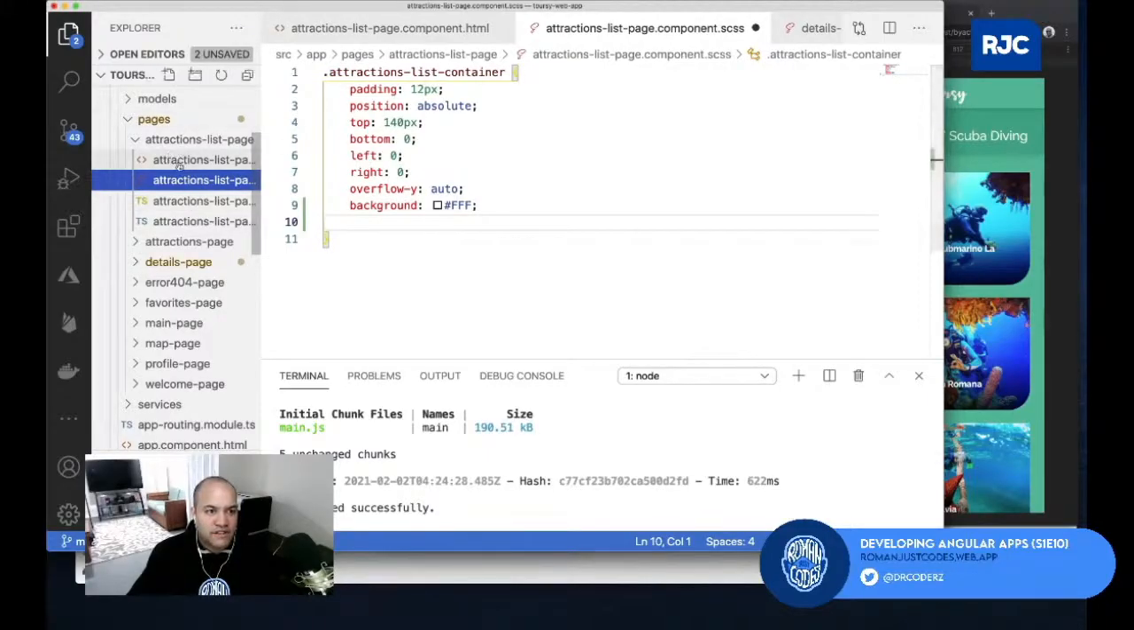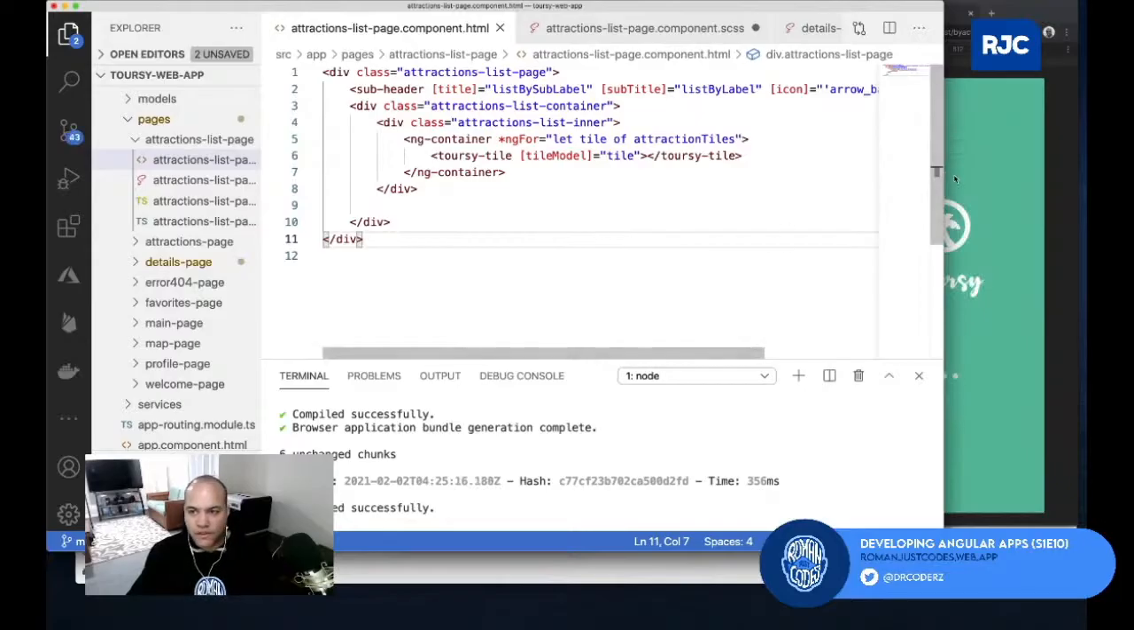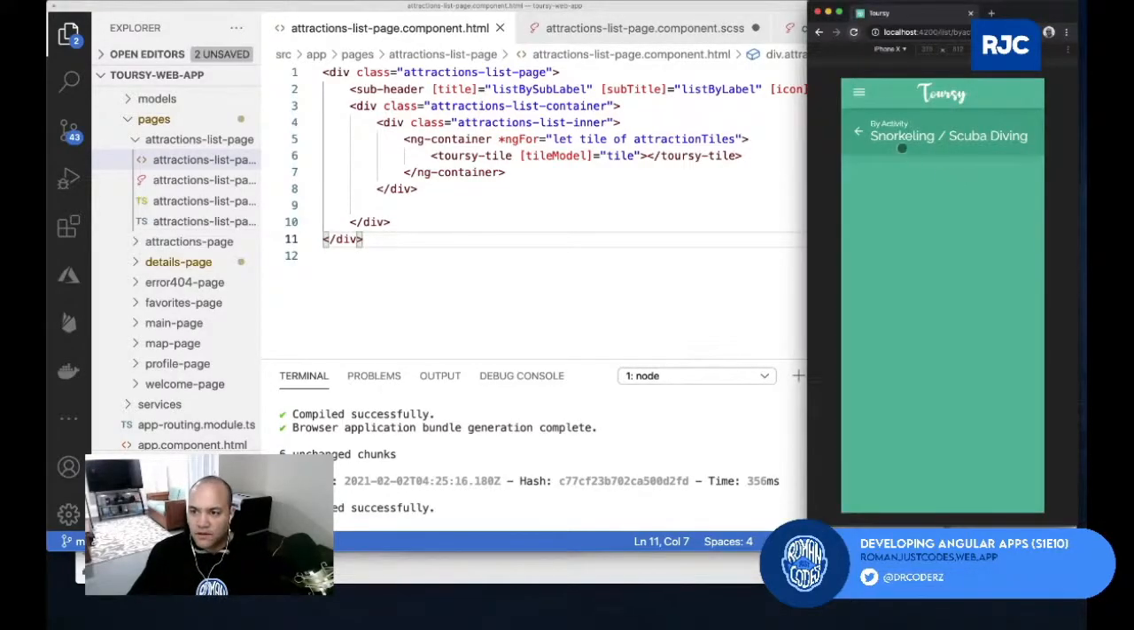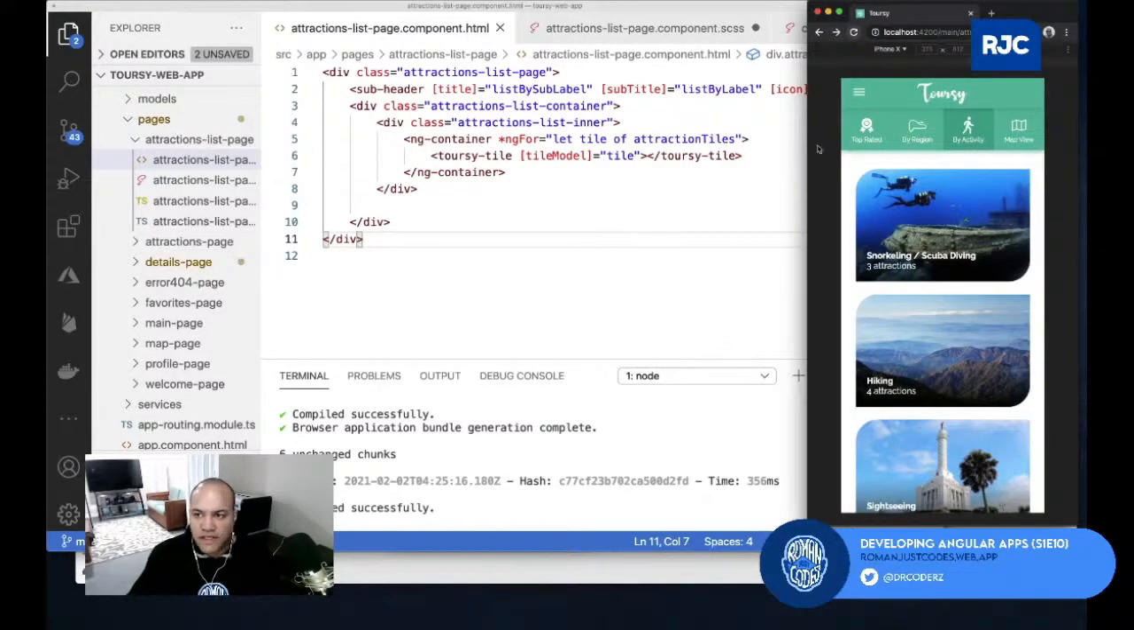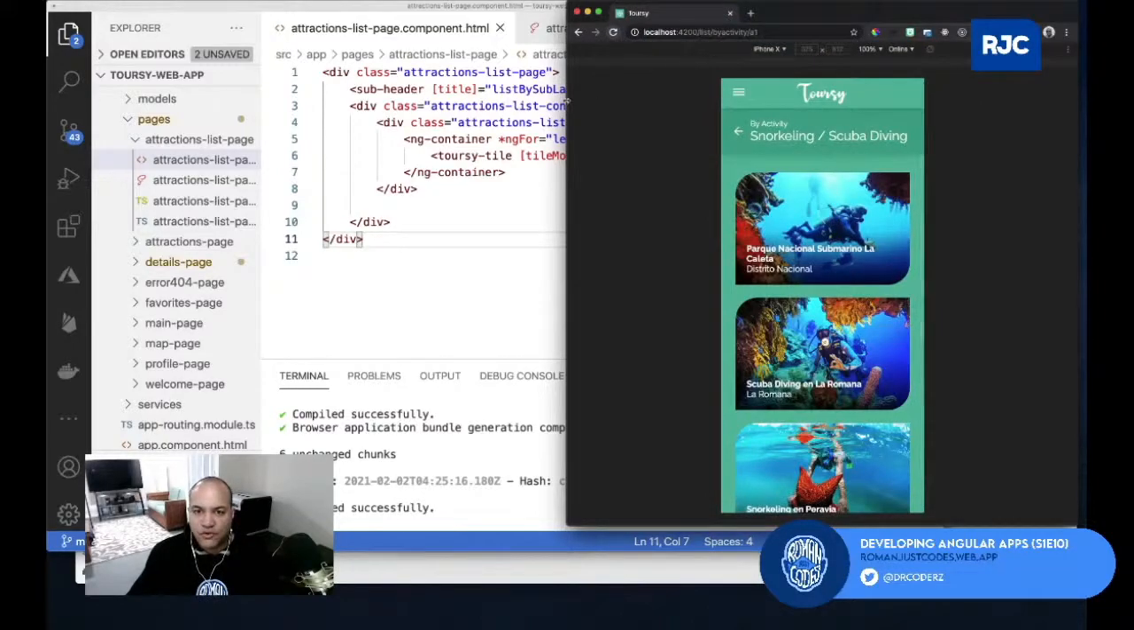But I need to actually add it here. Let me see. Attraction list page. Let me save this and let's take a look again. I think this is the one. So let me make sure again. So it's still not applying. Let me take a look again. So when I go by activity, so by activity